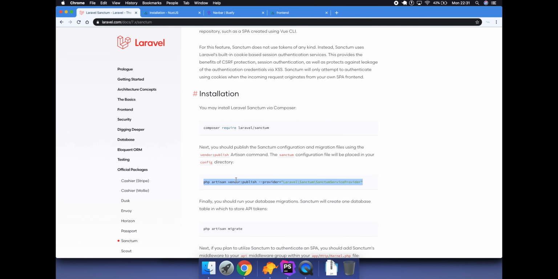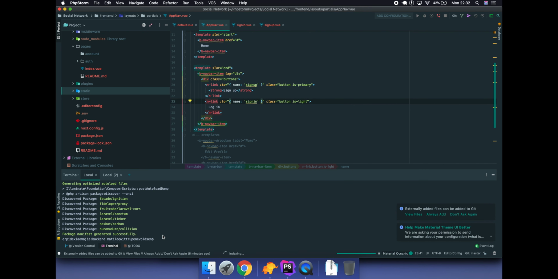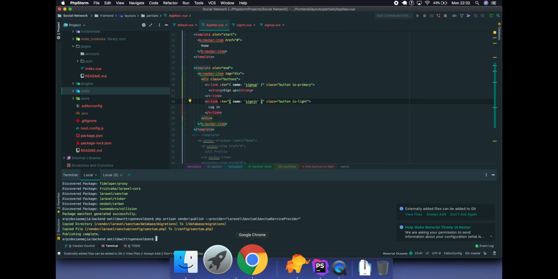So there's a couple of things we need to set up in the configuration here, and when we have set all of that up, it will all be perfectly fine to go, and we can build from this application from there. So first of all, let's go in and just